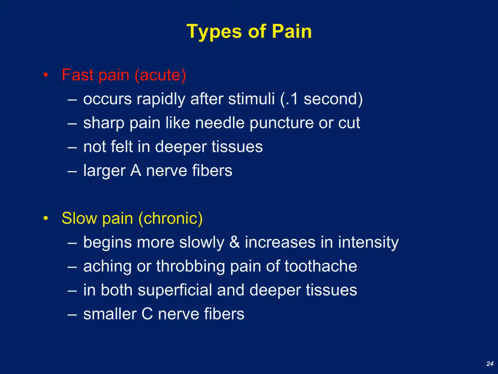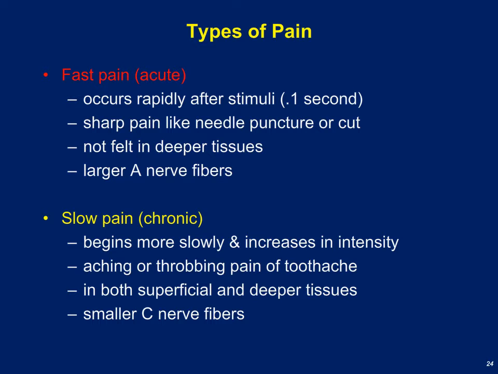So now that we're talking about pain, we should mention the fact that there are two different types of pain: fast pain and slow pain. Fast pain or acute pain results from an injury to the outside of the body. And in this case, because the information is being carried to the central nervous system by very thick myelinated axons, we tend to be aware of it very quickly. That is, within about a half a second of the tissue injury. Examples of fast pain would be like dropping a rock on your foot or slamming your fingers in a car door. You're aware of this almost immediately, and again, that's because the nerve impulses are being carried by very thick